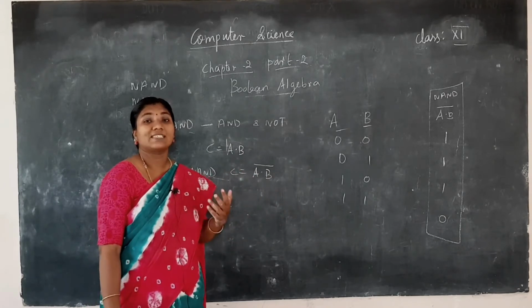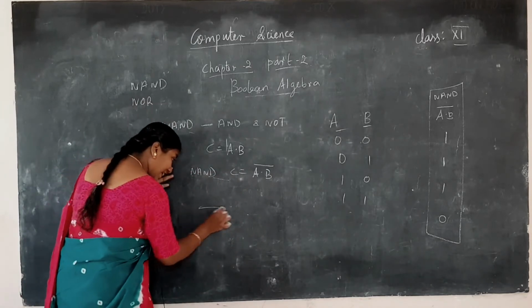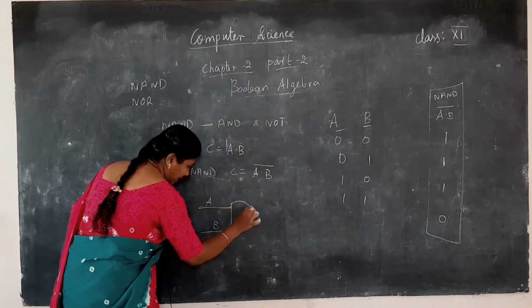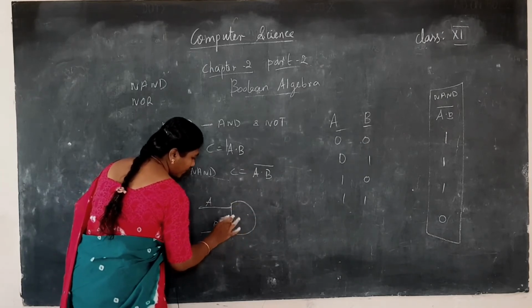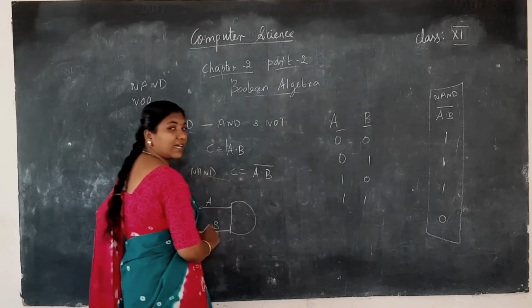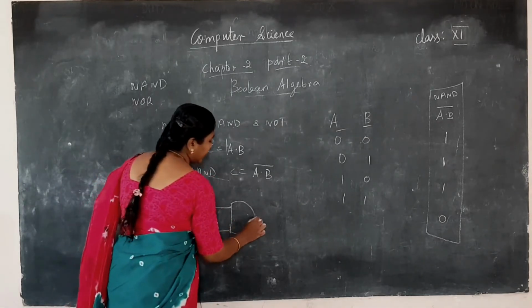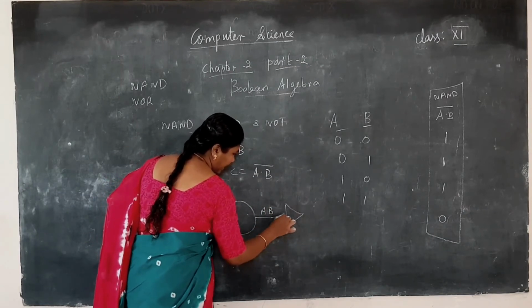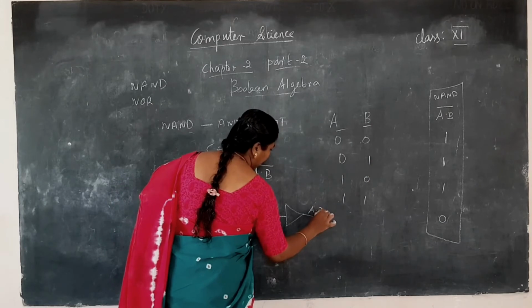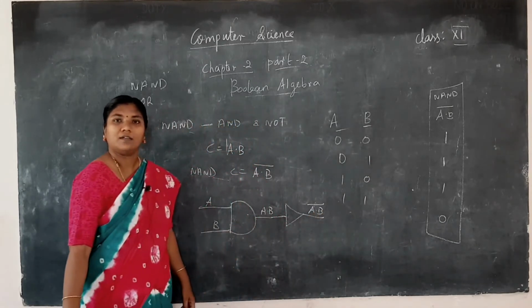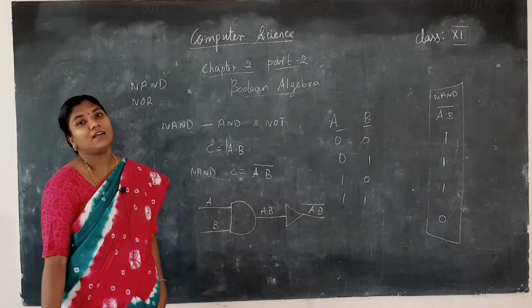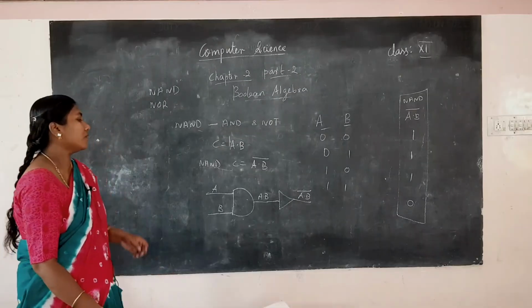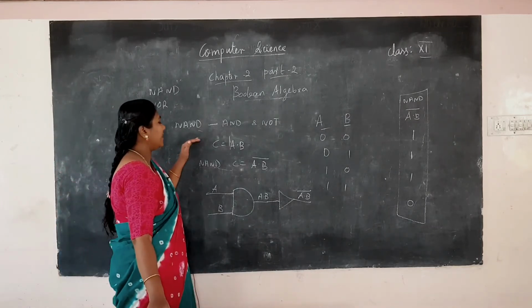So now how will the circuit for this be? In the circuit we have A and here we have B. For AND we have this symbol. Then you must use the NOT symbol, isn't it? So here it is A dot B, and when it is passed through a triangle, it becomes A dot B the whole bar. Clear? So this is B and the NAND gate. Generally we will describe it like this. Okay. So here we will be